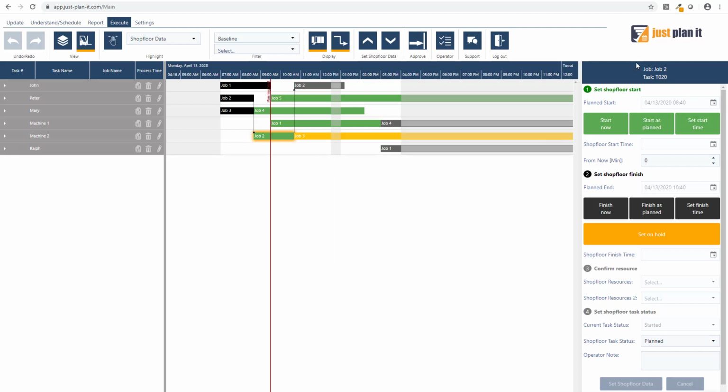And which task is selected you can also see here in the upper part of that panel on the right side. So here it is task 20 of job 2. And we want to set the finish date of that selected task. And to do so, we have got here these black buttons. So if the task is finished right now, then you can click on that button. You can also click on the finished as planned button, and then the time is directly set that was scheduled